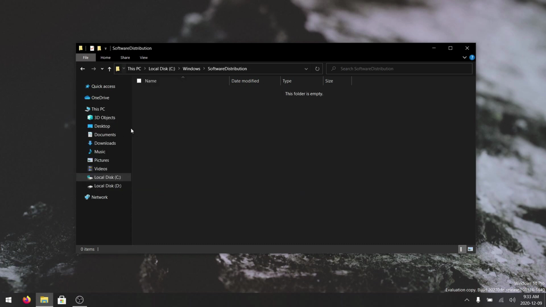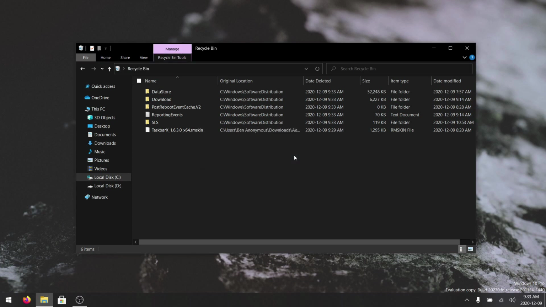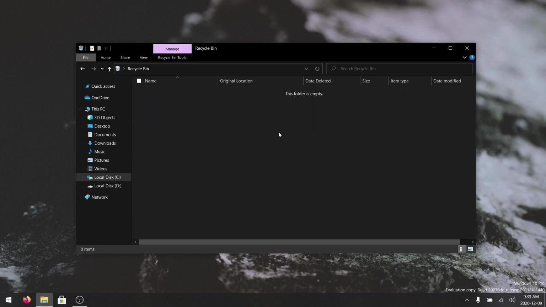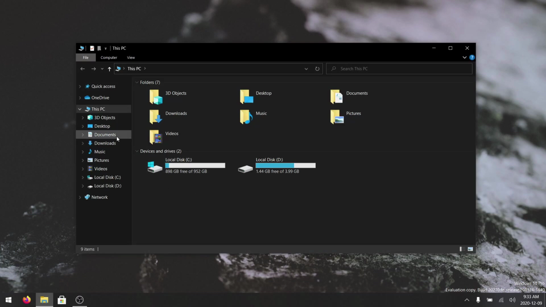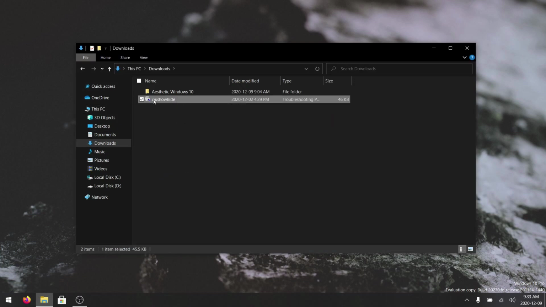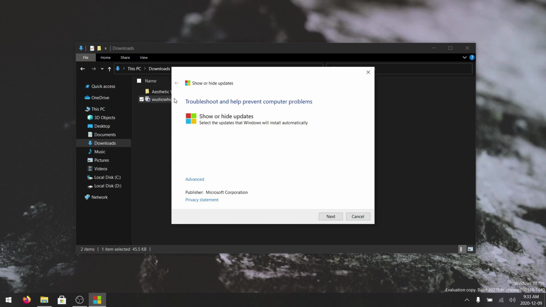Then we can go to the recycle bin, empty the recycle bin. So now all of the Windows Update information is gone. Now we can open this program here, which will allow you to hide Windows updates. And every update that's about to come up on this is an update that's either older or not compatible with this laptop, because I've done every single Windows update until this point, as well as all of the drivers directly